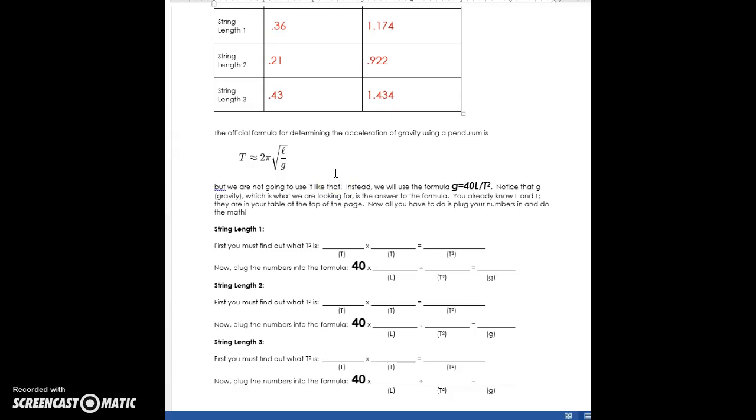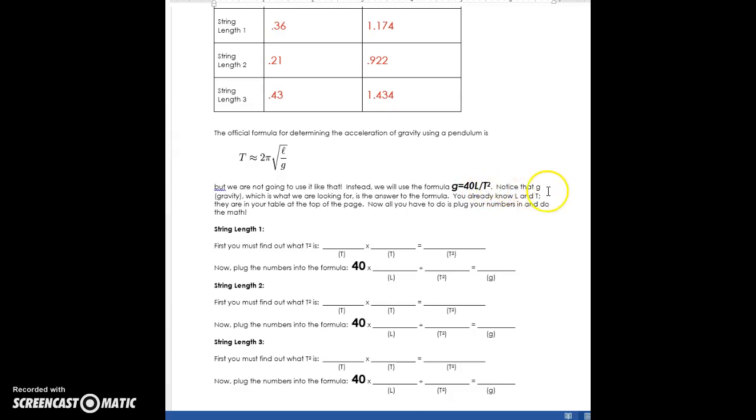You're all set? You're going to go out and do some math and do this? Maybe not? All right. So we need to simplify that, and fortunately for you, I dusted off my algebra skills and I have simplified this formula for you. Remember, the answer that we want is g for gravity. We already know T, we know L, and we should know pi. So instead, I simplified it through steps that I'm not going to make you go through here, and we're going to use the formula g for gravity is equal to 40 times the string length divided by T